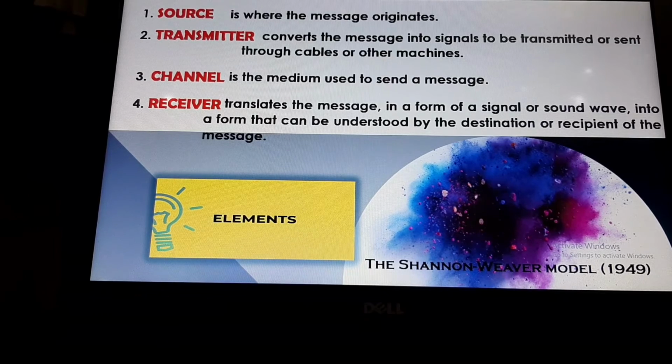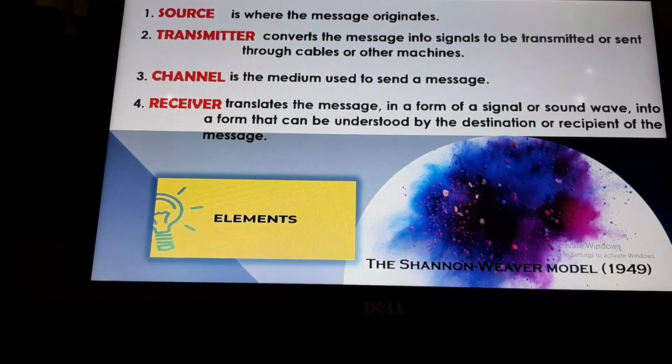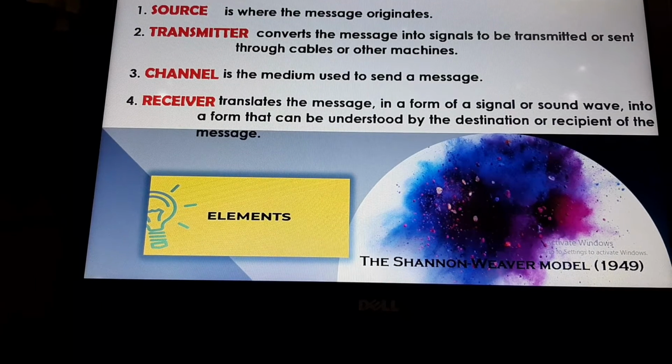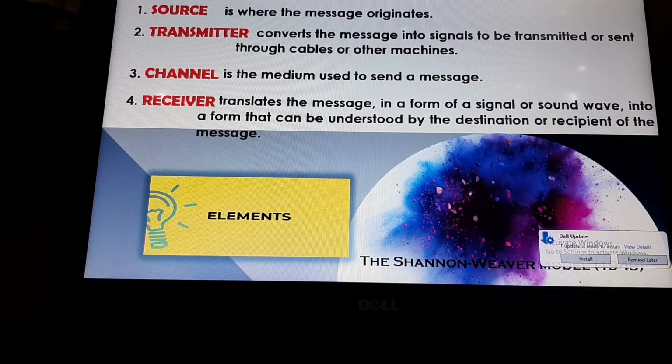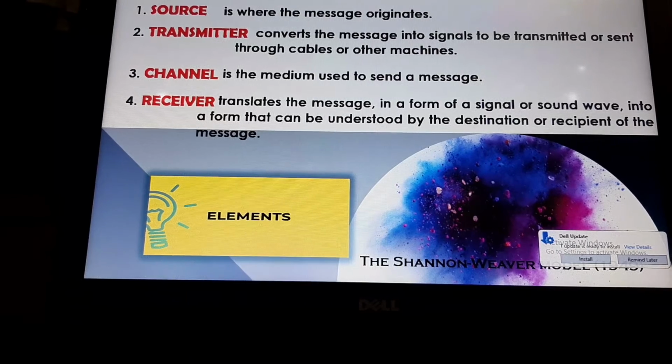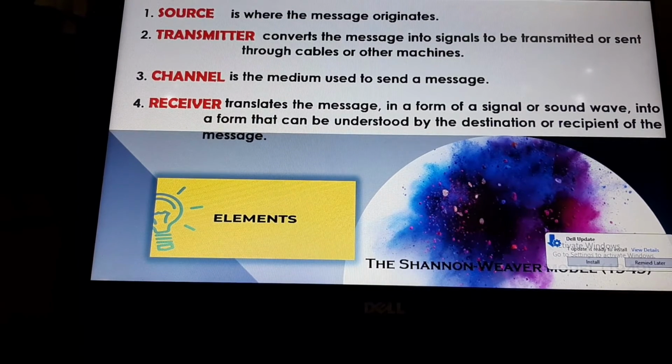Again, this is primarily involved in technical communication. Kasi ikukumpara mo dun sa simpleng proseso ng communication from the speaker, tapos i-encode niya ang message, tapos kung ano yung channel, pwedeng face-to-face kayo, magkaharap lang kayo nag-uusap, tapos i-decode, tapos tanggap na ng receiver. But in the case of technical communication,